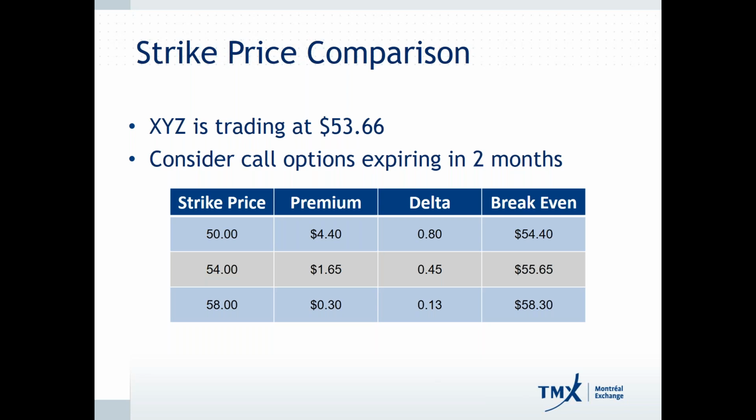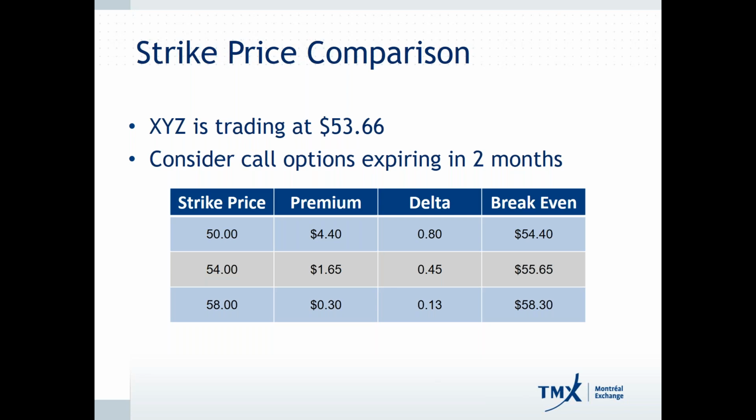And in order for you to break even at expiration, you would need that stock to be above $58.30. So its delta is a mere 13-cent change for a dollar move in the stock. On a percentage basis, that's almost a 50% move in the value of the option. But you want to recognize that that $58 call option is incredibly speculative, because in the end it has an